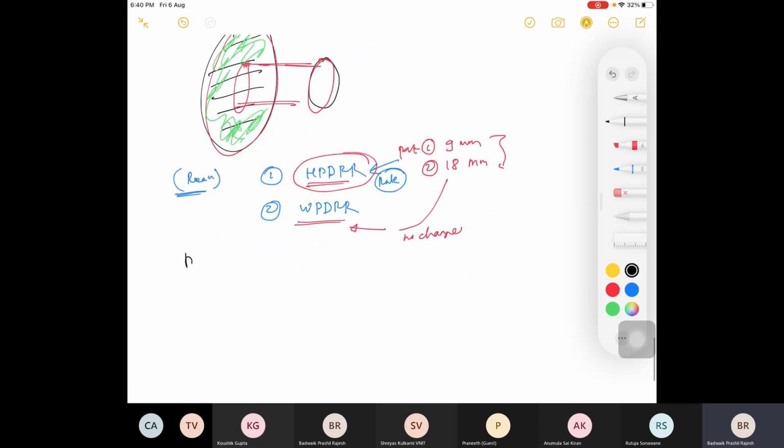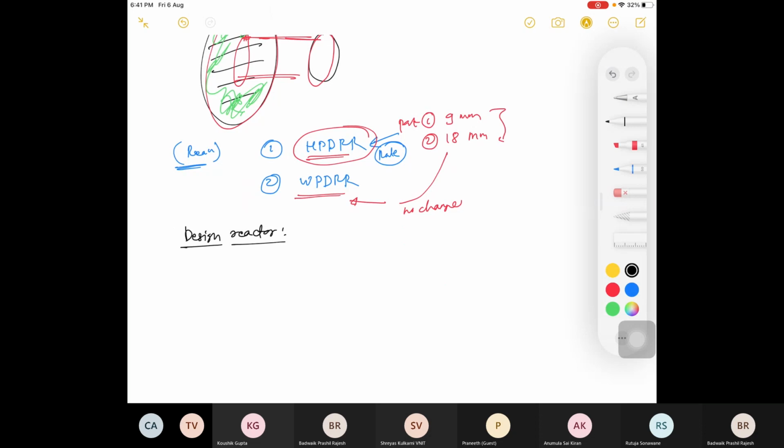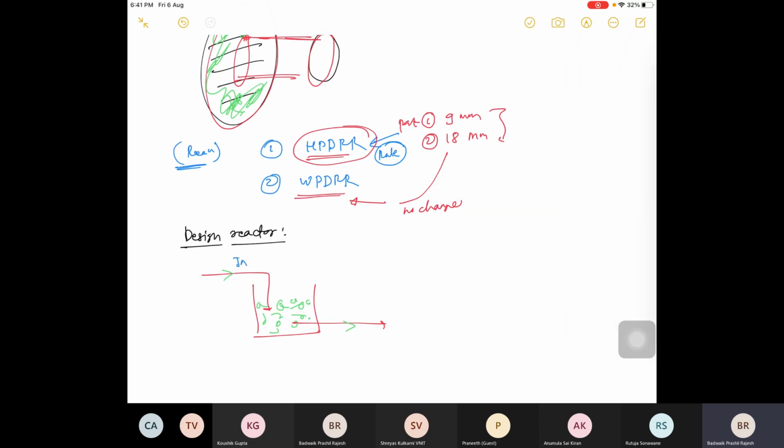Now, design of reactor, you can see. This is just a brief introduction. Design of reactor. This is your MFR for heterogeneous reaction. You will have catalyst here, and there is a continuous inlet and outlet. This is the concentration of A that is coming in, this is the concentration of A inside, and this is your outlet concentration. So this is just the design of MFR for your heterogeneous reaction where there is involvement of catalyst.